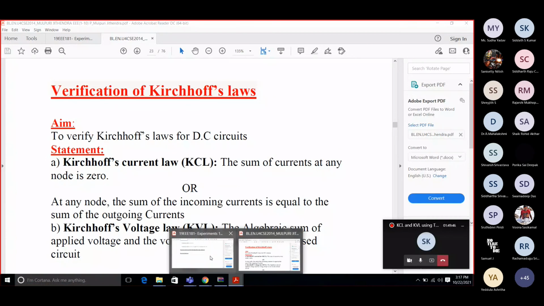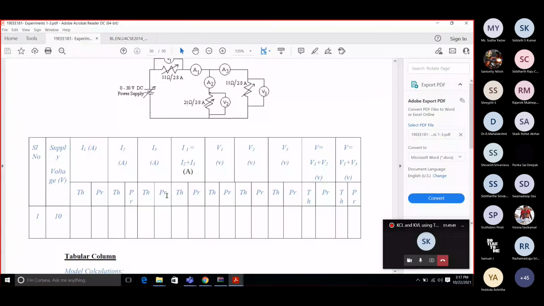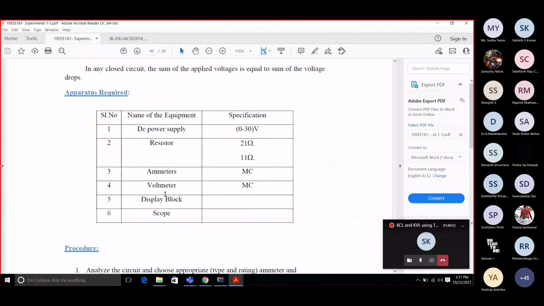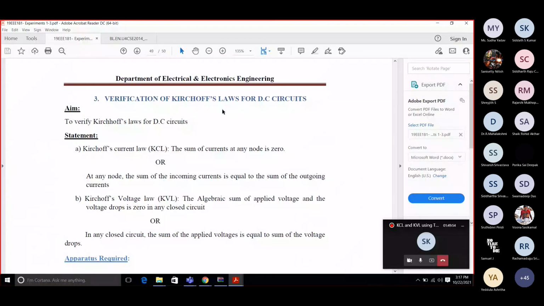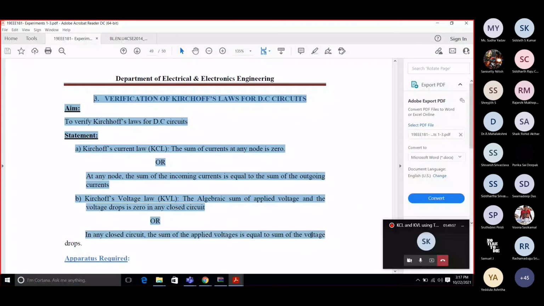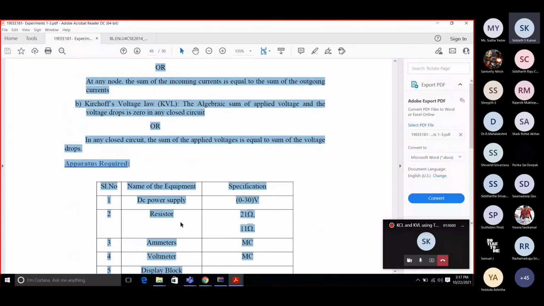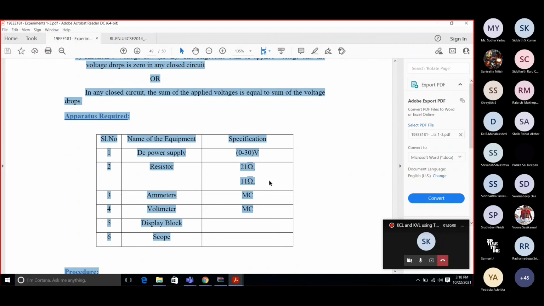So this is the manual shared with you. All this he also copied only. Just copy this and put it in a Word file. This also you can just copy, but in the Word you change to your values, which resistor you have chosen. In this manual, they have given us 21 and 11. DC power supply is 30 volt. So there also you can take 12 volt, 15 volt, 13 volt, 19 volt, 17 volt, different things you put.